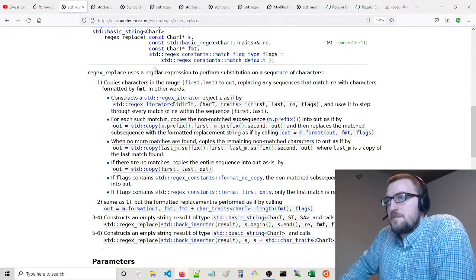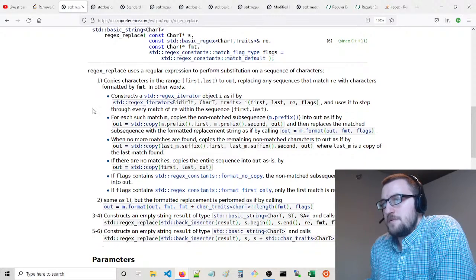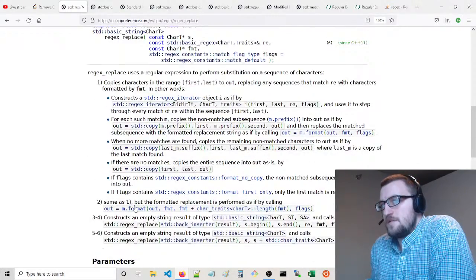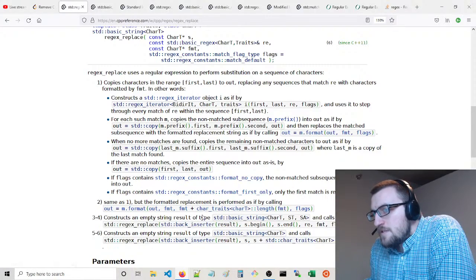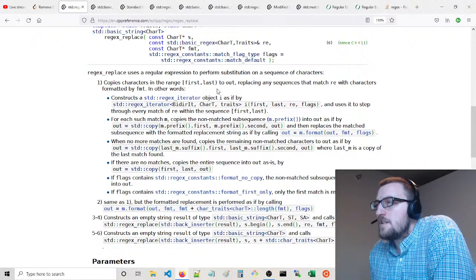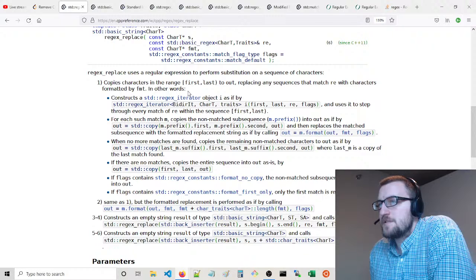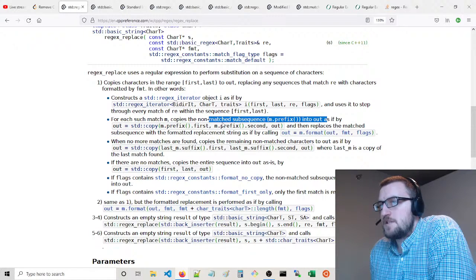Where is regex replace? Okay. Substitution on a sequence of characters. Copies characters in the range. Any sequences, so we don't want them. Yeah, 3 through 4 is basically what we're using. But any sequences that match RE with characters. Step through every match of RE within the sequence. Each such match M copies the non-match subsequence. But the reason it doesn't continue